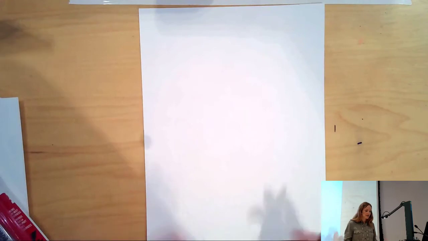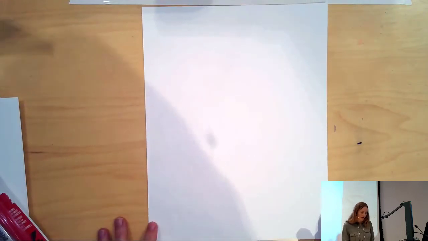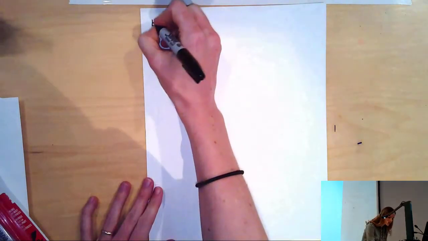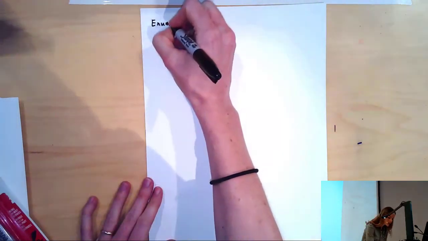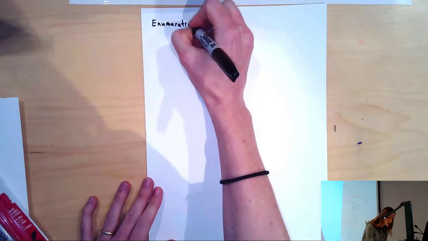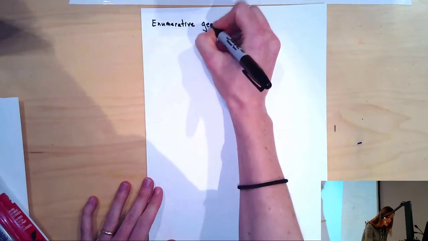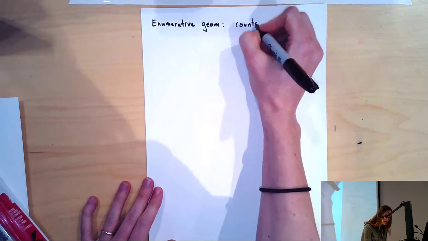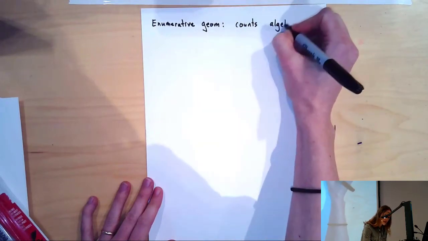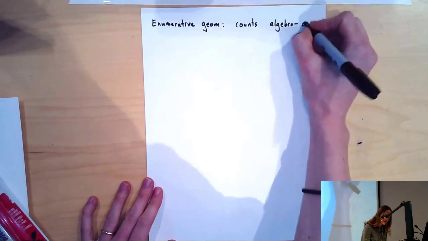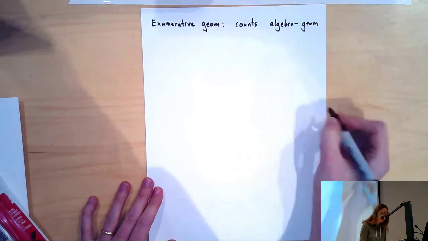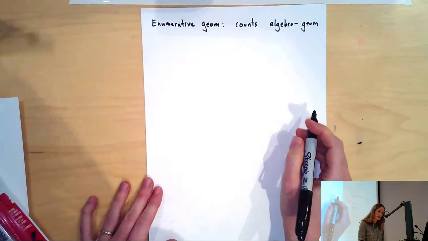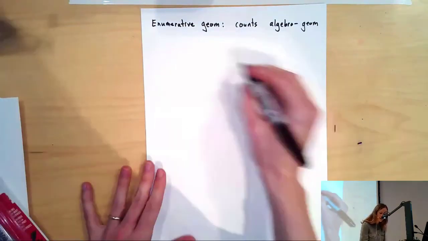I'd like to talk about a set of ideas that could be called A1-enumerative geometry. So let's say that enumerative geometry counts algebro-geometric objects under certain conditions. Because there are exactly n roots to a polynomial of degree n over an algebraically closed field,